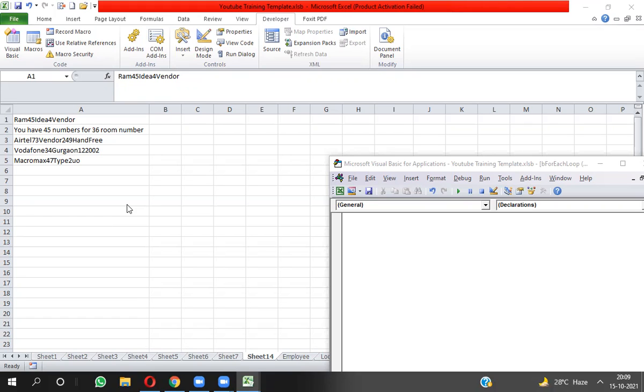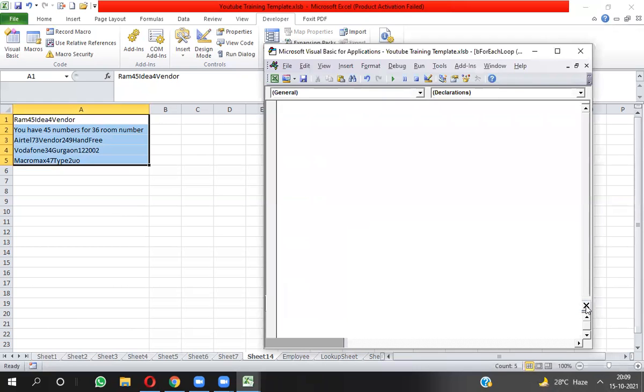So in this video I'm going to cover one VBA topic: separate number and separate text. So how can we do it? Let's see the practical approach. I am going to the code window. Here is my code window. I'm going to write the code, writing the macro name